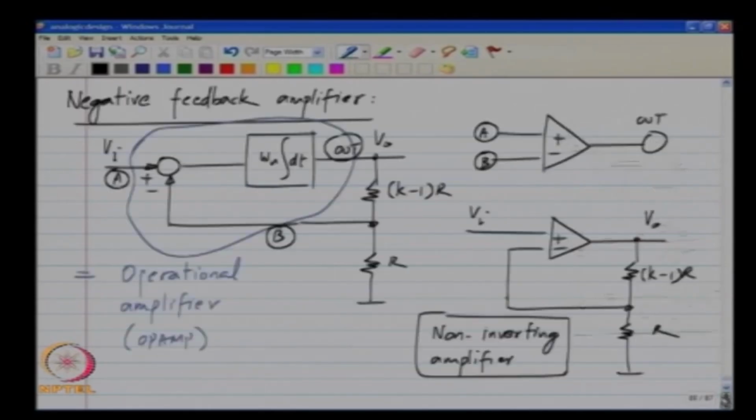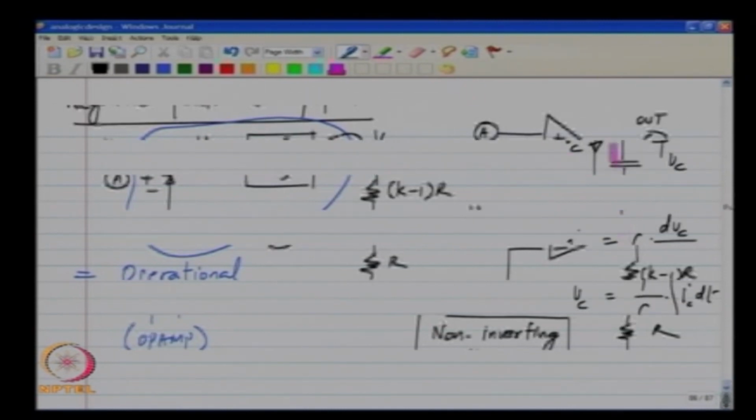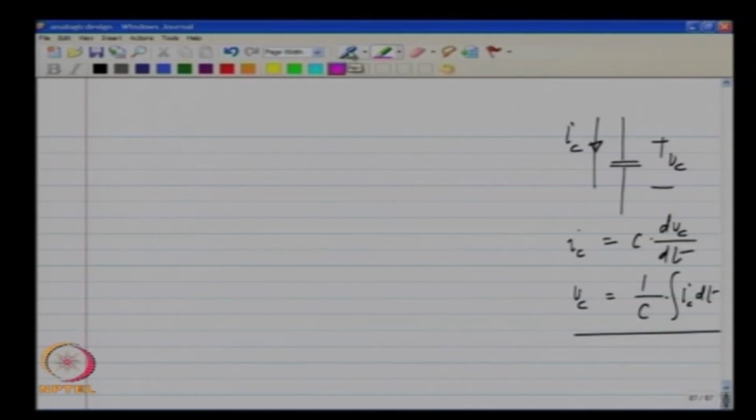Now, the difference is available as a voltage. This is a difference voltage V e, and this is what has to be integrated, but the capacitor integrates a current. So, we first have to convert the difference voltage. I will call this V a and V b, and I have to integrate the difference between V a and V b. So, I first use a voltage controlled current source which